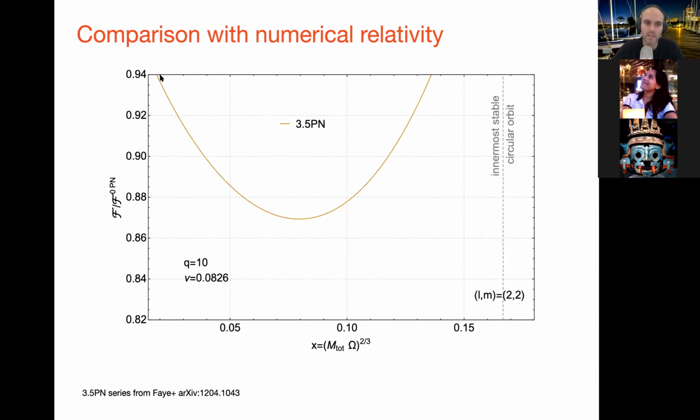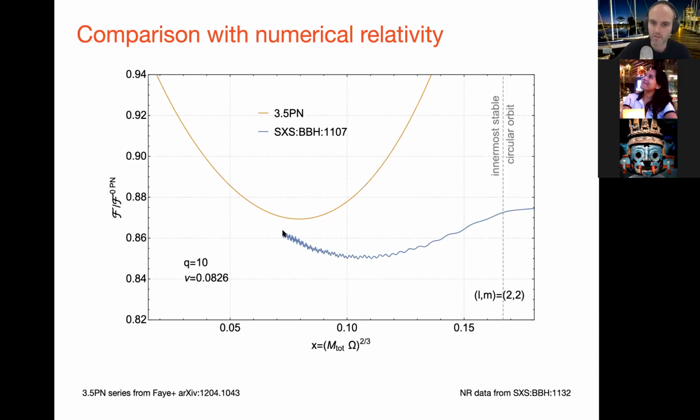So you can plot the post-Newtonian result here. This is up to 3.5 PN, the highest order that is known currently. And then if I go ahead and plot the numerical relativity result, then you get this blue curve here. You can see some small oscillations, there's some noise appearing in the simulation. You can see it doesn't go very far into the weak field. In fact, there's actually a gap between the PN result and the numerical relativity result. But you can believe that this connects up to here if they were able to run the simulation for longer.